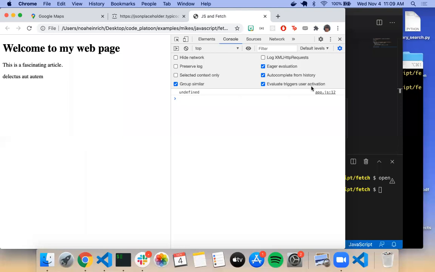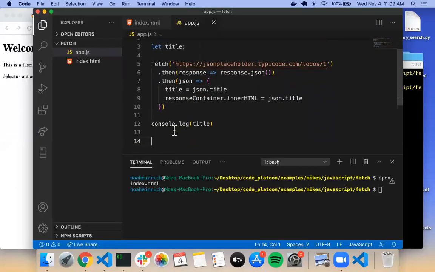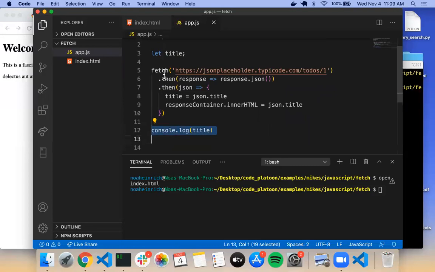It says it's undefined, because this line right here runs before the fetch request is resolved and before this variable is reassigned. Because these two lines right here are running synchronously, but this is running asynchronously. So if you want to have a variable outside of the asynchronous function,